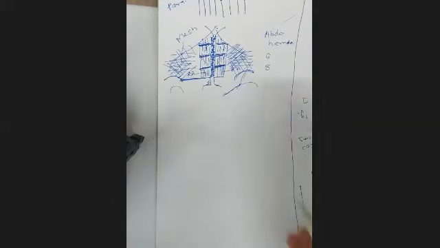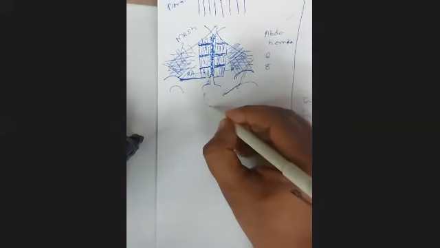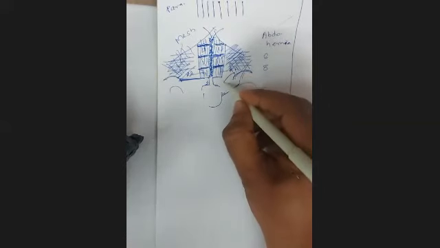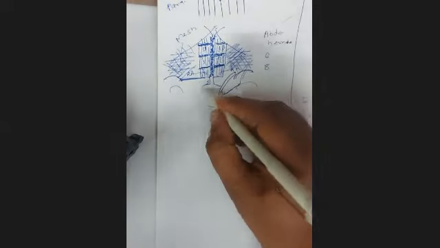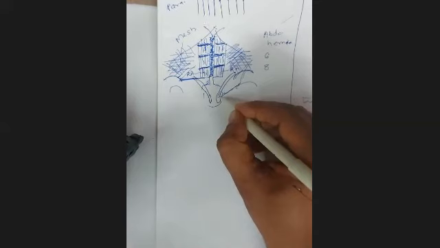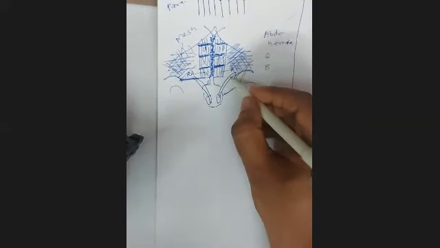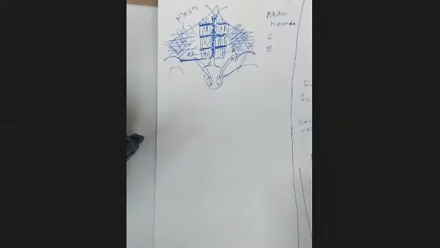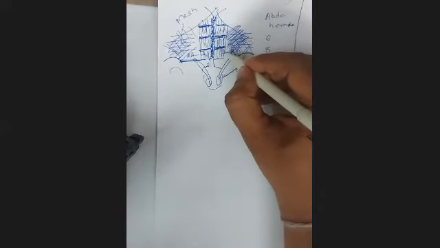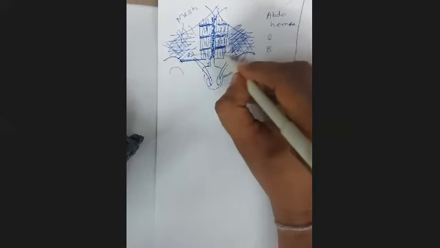But then here lower down is the scrotum, and the testes have to be placed there, and that is the reason there is a canal over here. There is a canal over here through which the testes come and they lie here. And therefore, because there is a canal, there is a chance of herniation also. Now, I said the external oblique and all, they come like this. Now, what happens in the center is it turns into a fascia.